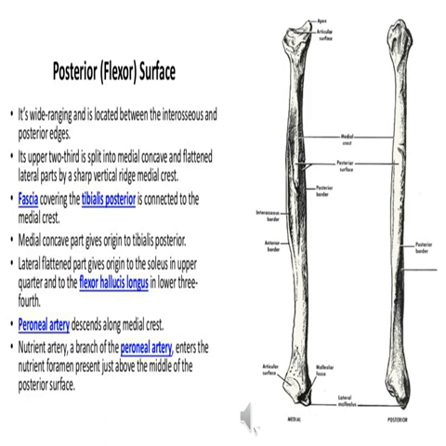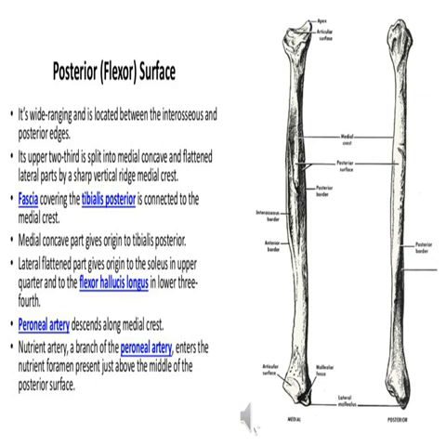The posterior surface is the largest of three surfaces and it lies between the interosseous border and the posterior border. In the upper two-thirds of this posterior surface, there is a vertical ridge that is known as the medial crest. The part of the posterior surface between this medial crest and the interosseous border, the grooved part, gives origin to the muscle tibialis posterior.